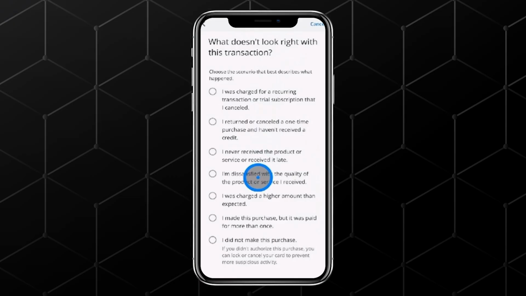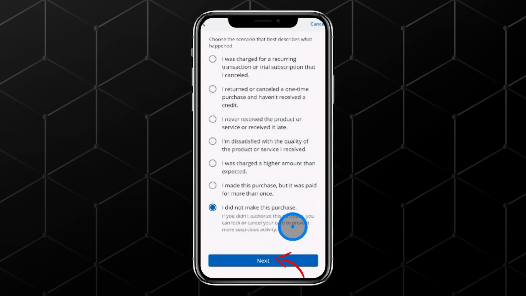Choose the one that applies, such as, I did not make this purchase, then toggle it on and tap Next to continue the dispute process. The Chase app will guide you through submitting the dispute and provide any additional steps if needed. Once completed, you'll receive confirmation that your dispute has been submitted, and the bank will review the issue. Remember, the Chase app is a powerful tool, and there are many other features you can explore to manage your